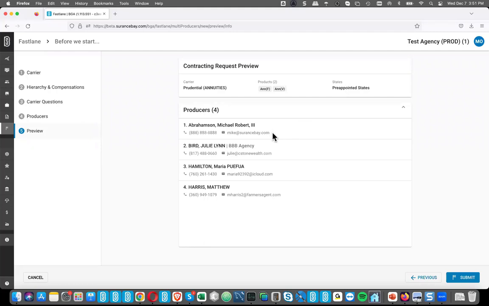We are going to be adding the ability to edit these email addresses. So those of you who are used to sending yourself the review request to then forward to the producers, you can do that. Just be advised, you're going to get 4 different emails here, and then you just have to forward each one of them. But again, this is quickly creating 4 requests with just a few clicks of the mouse rather than having to go into each individual producer and create them all one by one.